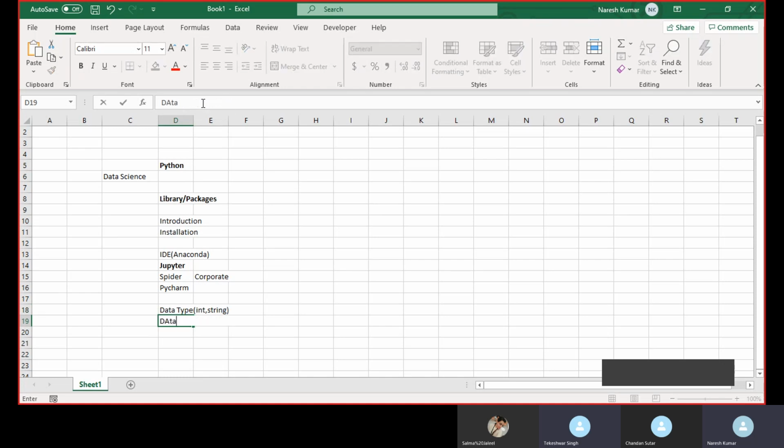After that, we would be looking into something called data structures. In this, we have list, set, dictionary, and tuple. These are the four most famous data structures of Python that we will be going through.